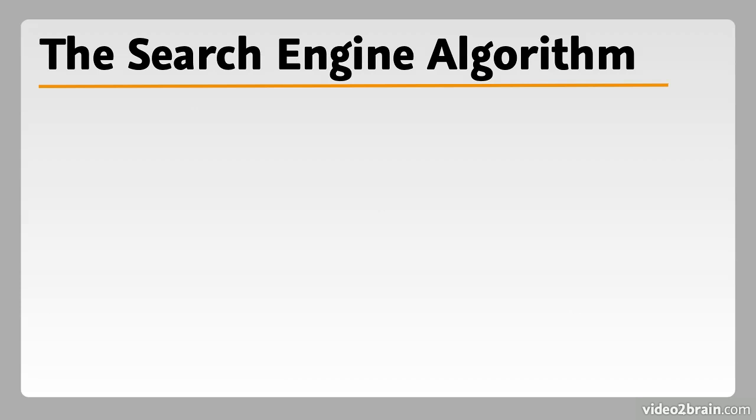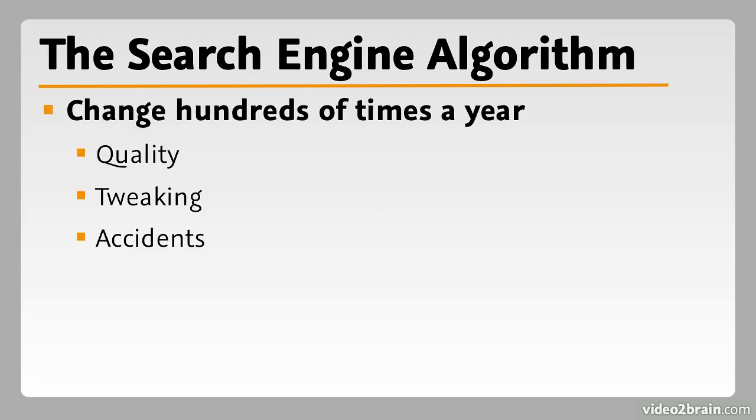So all of the attention in search engine optimization is on the algorithm. The main reason is that the algorithm changes many times throughout the year. And over the past, there have been about 5 to 6 major changes in about the past 10 to 12 years that have affected how search engine optimizers do their job. But really, the algorithm changes constantly throughout the year. It could change a couple of hundred times.